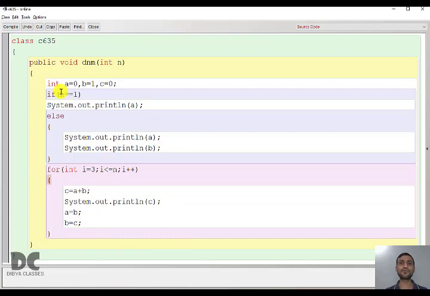Using this program, you can do many other Fibonacci tasks, like add the first 5 Fibonacci numbers, or print all the Fibonacci numbers till 100. But this for loop remains the same. This is the main thing, where we are creating the Fibonacci numbers. Clear? This is a very important program. You have to remember this.